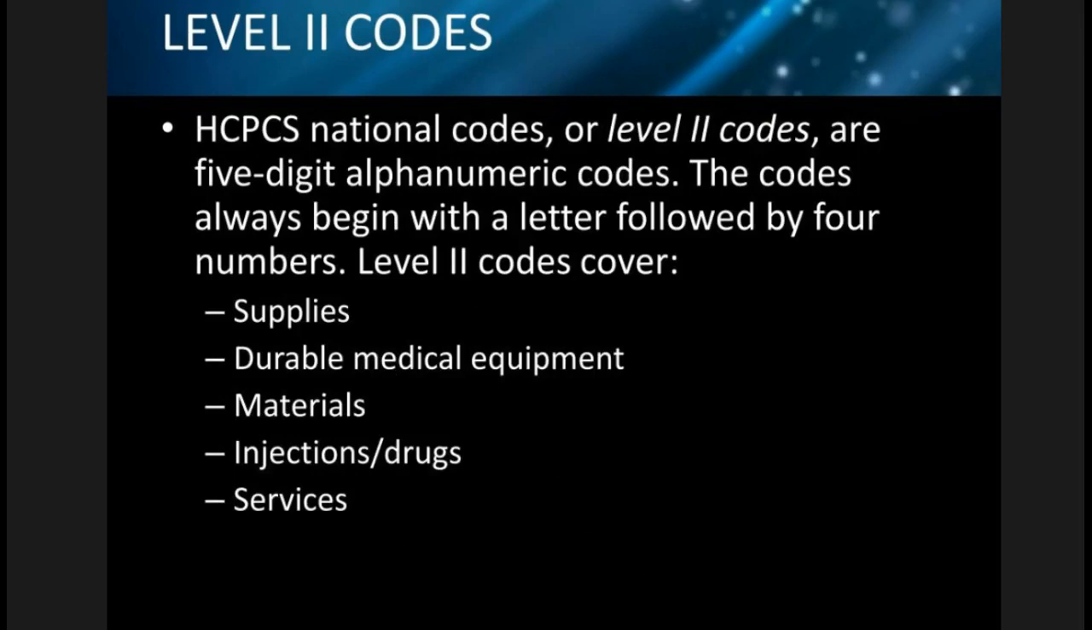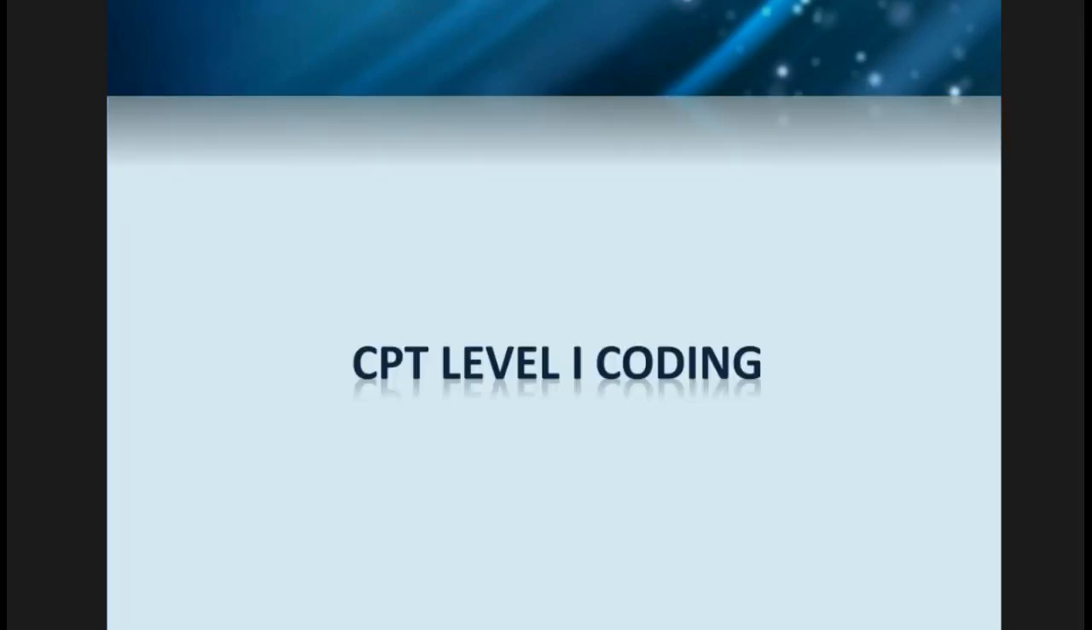Level 2 codes, your HCPCS national codes, are 5-digit alphanumeric codes. These codes always begin with a letter followed by 4 numbers. Level 2 codes cover supplies, durable medical equipment, materials, injections, drugs, and services. Your CPT Level 1 coding